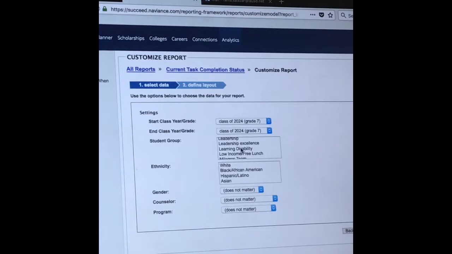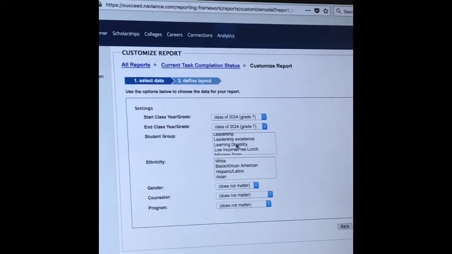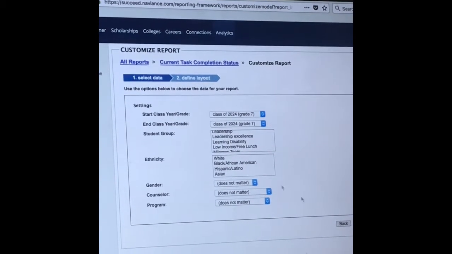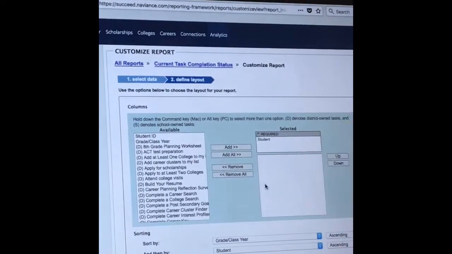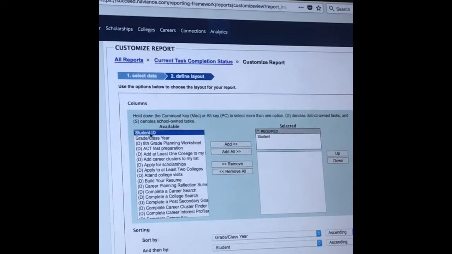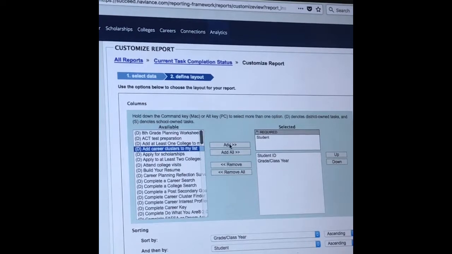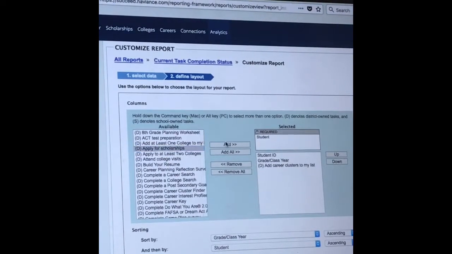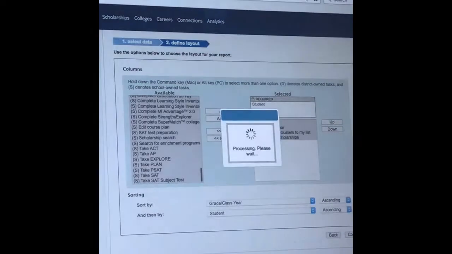If not, you as the administrator, you want to see your entire grade 7 because by December they should have done these tasks. Now I want to get the entire grade 7. I'm not going to pick a group. I'm going to go in here. You're going to remove all because whatever is in here is going to pull up on the report. These are not necessary for you to see, but you're going to pick the fields, the columns you want. I usually do ID and grad year, and these are the ones I told them to fulfill by December. Now I want to see who did it so that I can go back to the teachers and say, make sure these students are done because that's what we're looking at by the end of December. So then you get it. CSV,